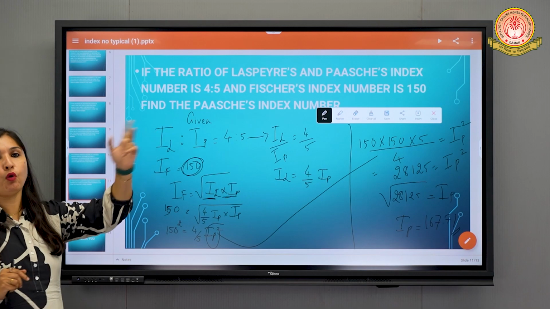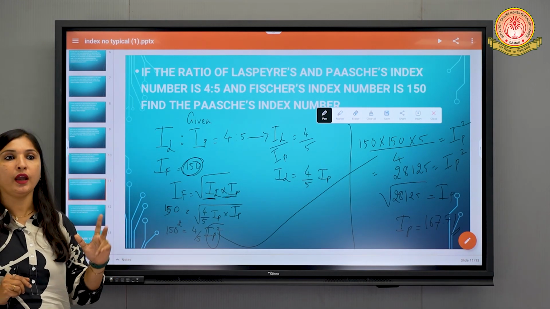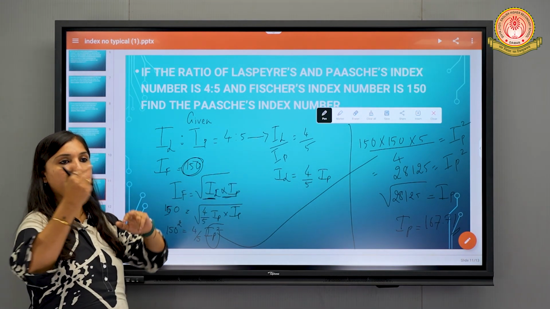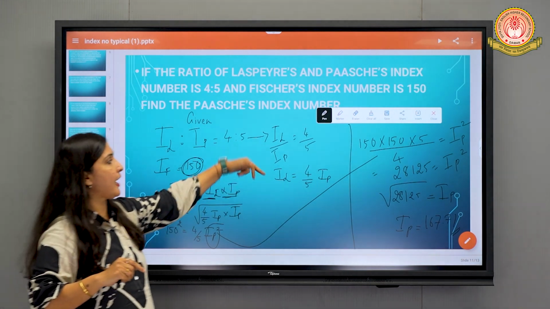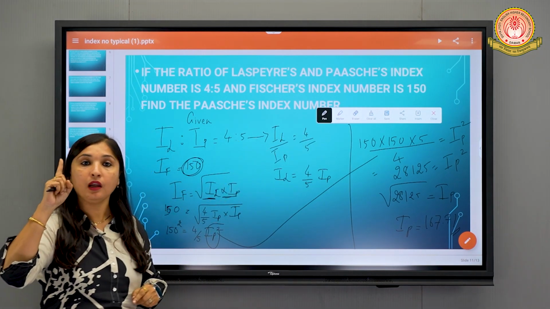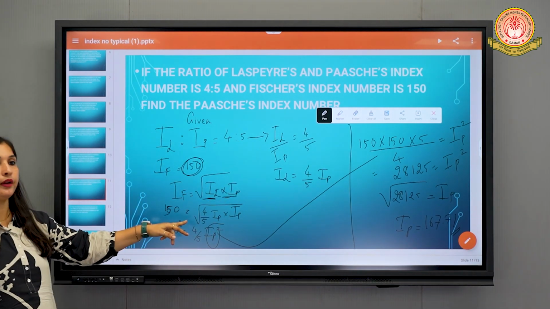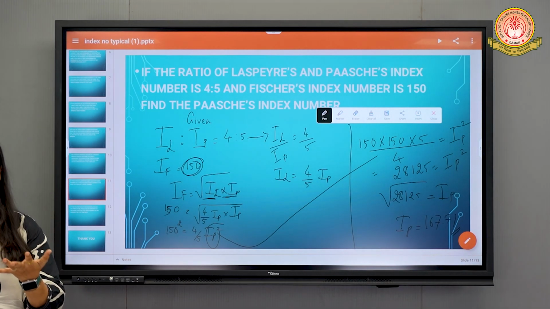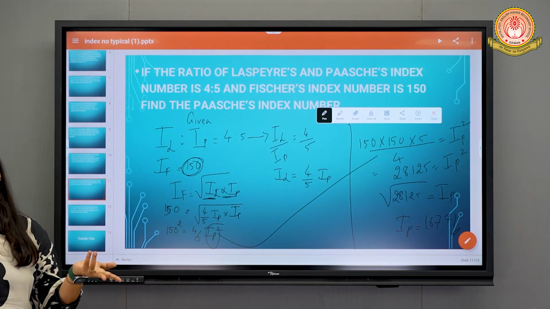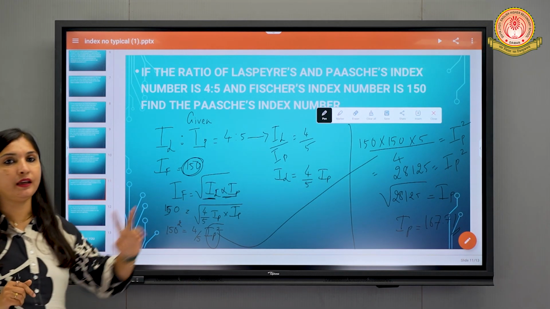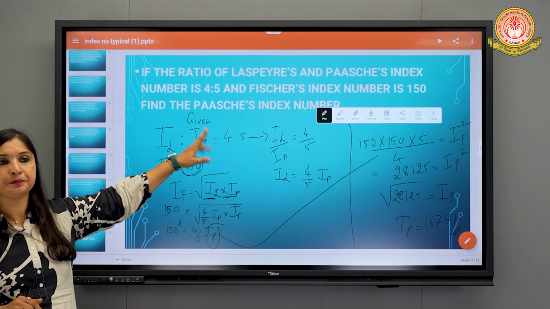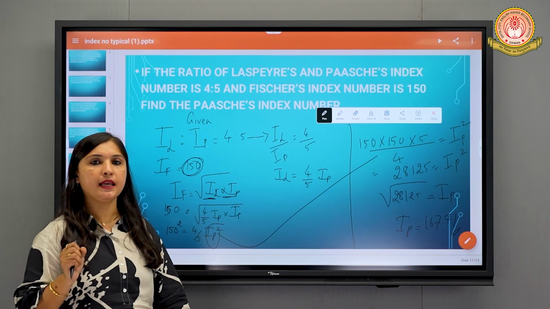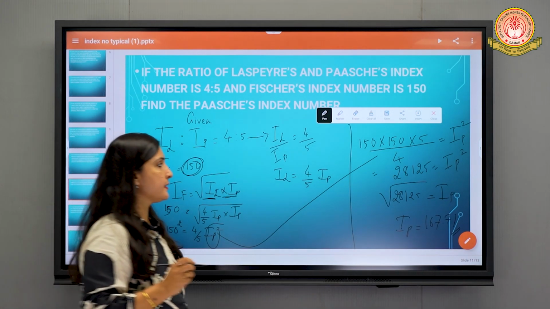When "is to" is given, you can divide it and just do the calculation. IL by IP is equal to 4 by 5. This IP will go over this side, so we will have only one missing figure. Converting over here, we will have the IP figure, and finally IP is done. Now IP you have, IF you have, IL you can easily find out. Is it clear to everyone? Here only IP was given in the question, but if IP and IL both are given, you can find it, right? Yes, this example is clear.